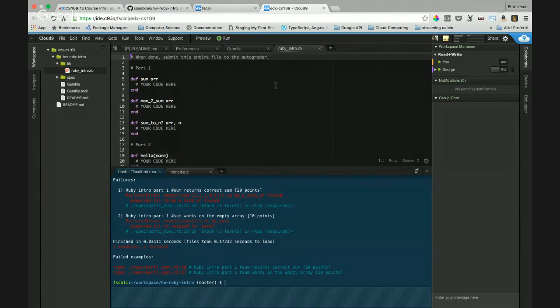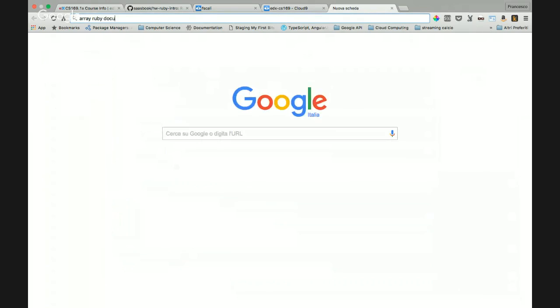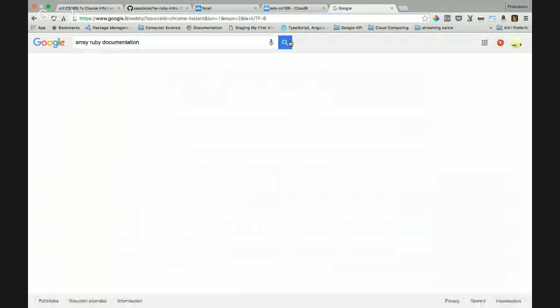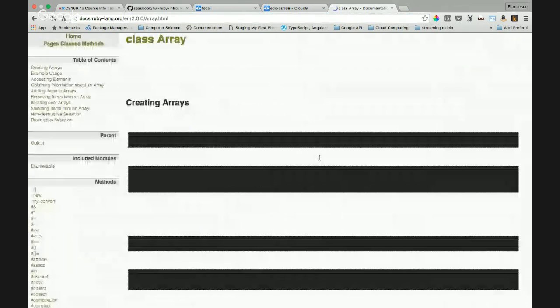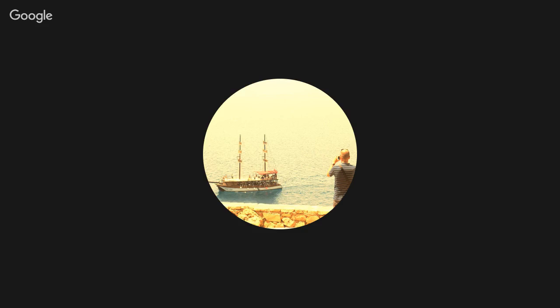So you think there is already a function that does this? We can look at the documentation to find it. Just a moment. Array Ruby documentation. So if I look at sum, no, there is not a function called sum.